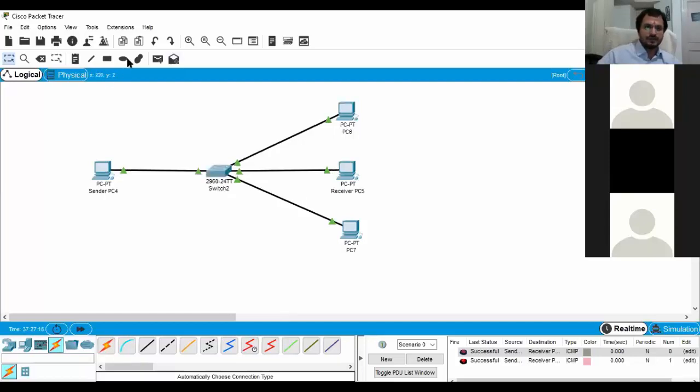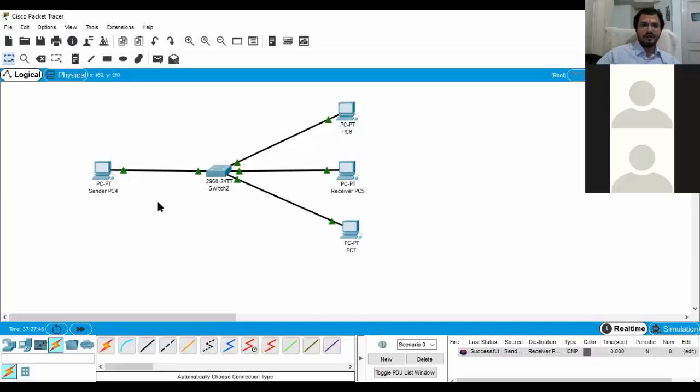As I told you, this PC can now communicate. Using the switch, I did nothing, I simply connected the cables, and these cables are straight cables, not cross cables. In the previous scenario the devices were the same, so we used a cross cable.